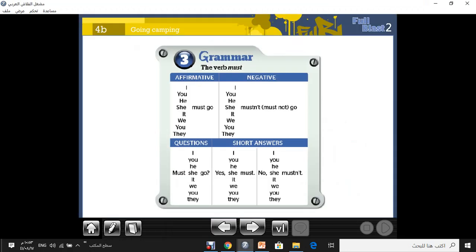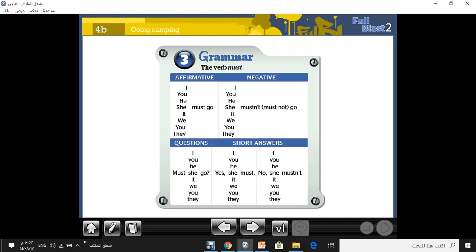As I told you just now, the grammar is the verb must. Number A, affirmative. Here, must comes with all the pronouns. How? I must go, you must go, he must go, she must go, it must go, we must go, you must go, they must go.